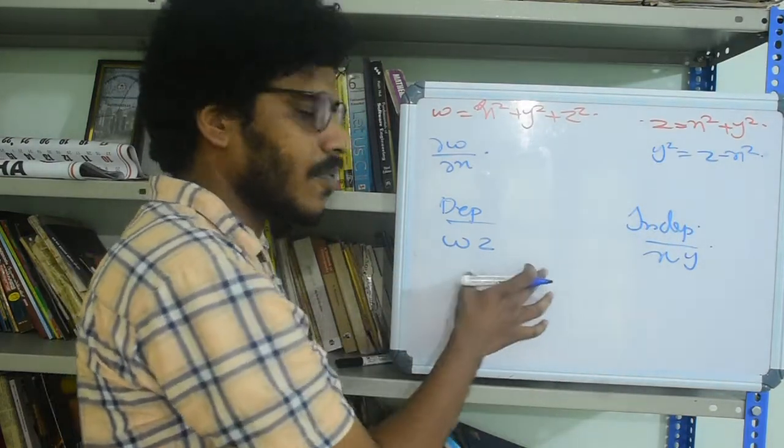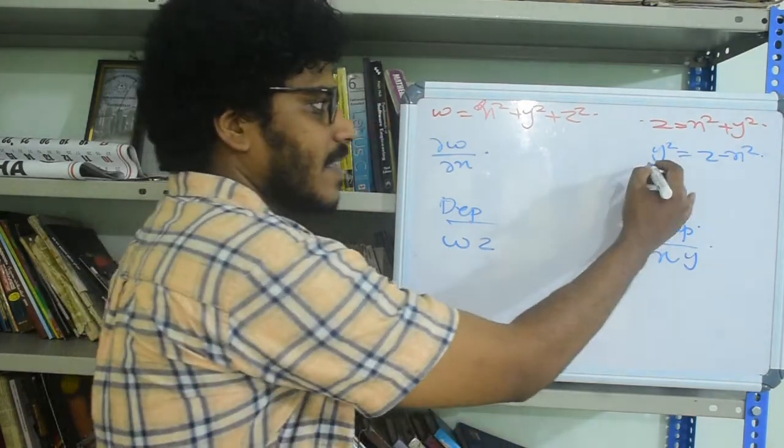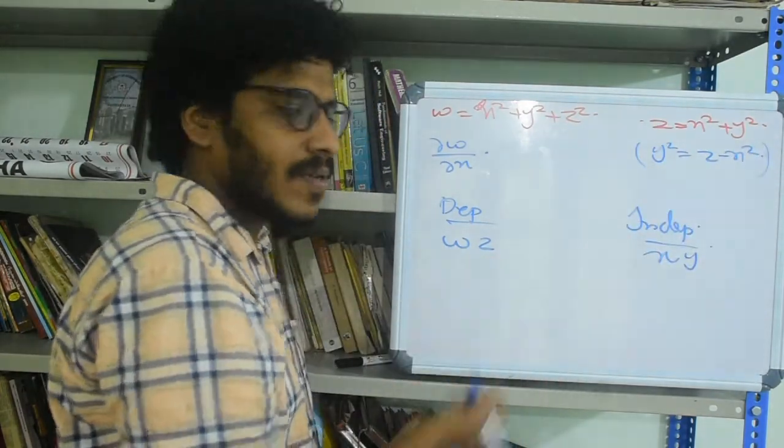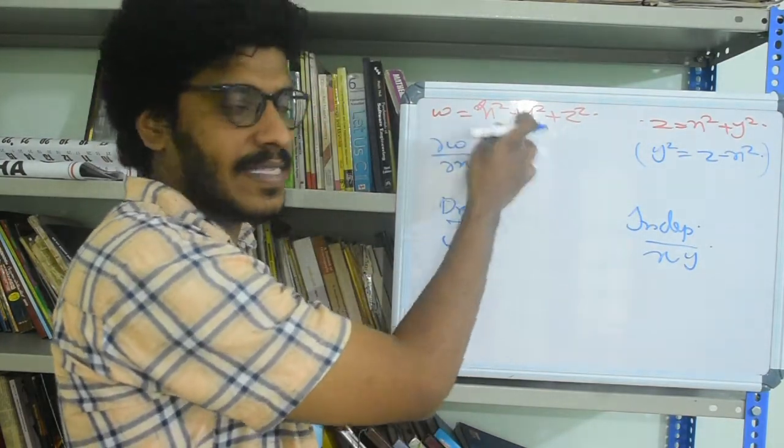Right. So this is a possibility. So is there any other possibility? Yeah, of course we can consider this equation now. So as per that equation, however, W is going to be a dependent variable since it depends on X, Y